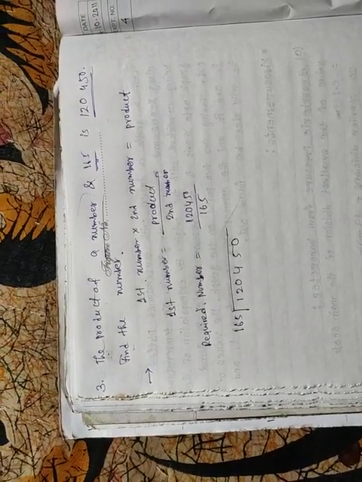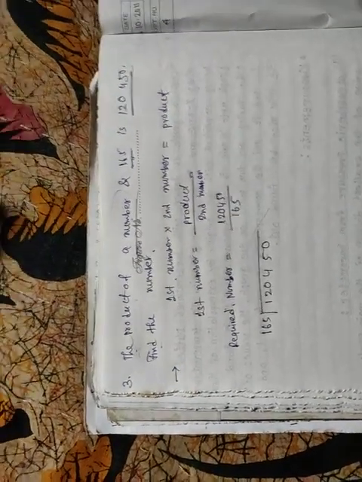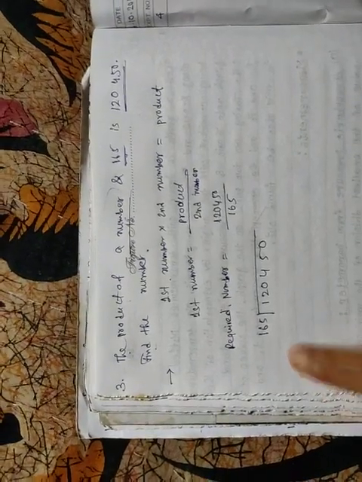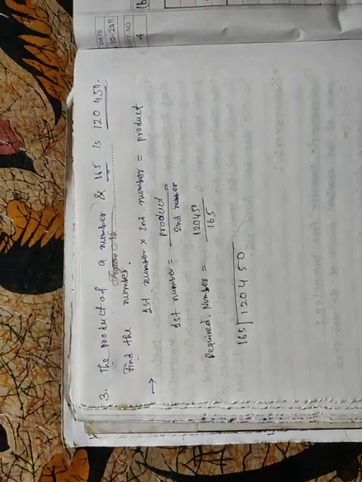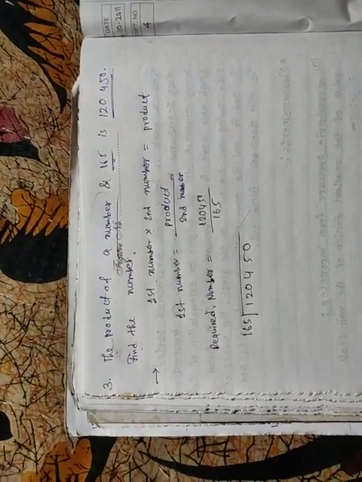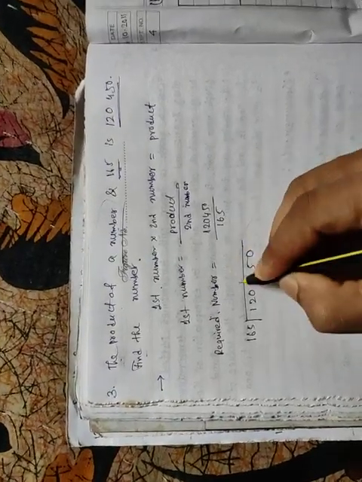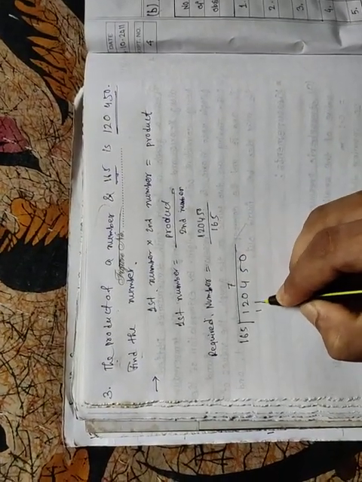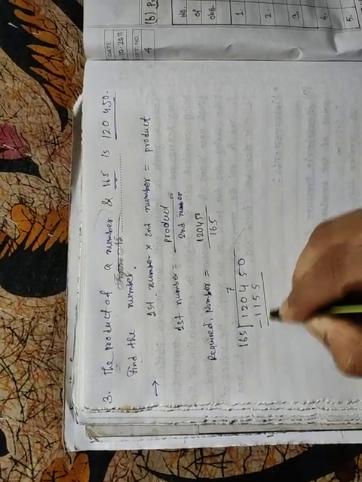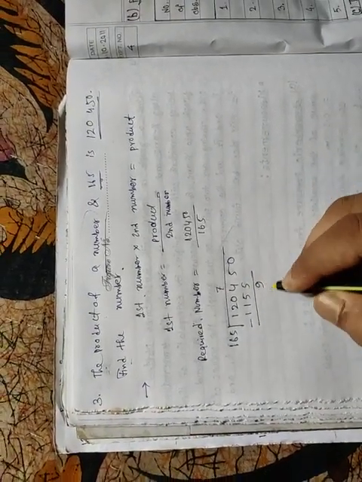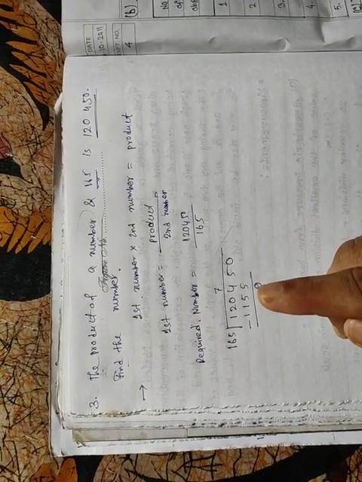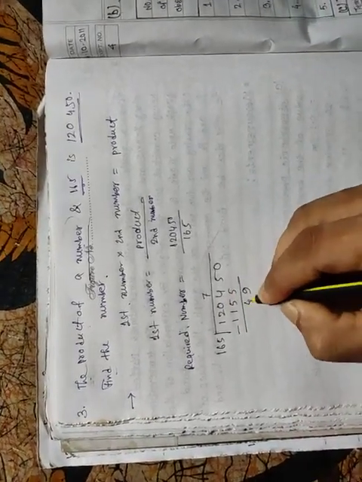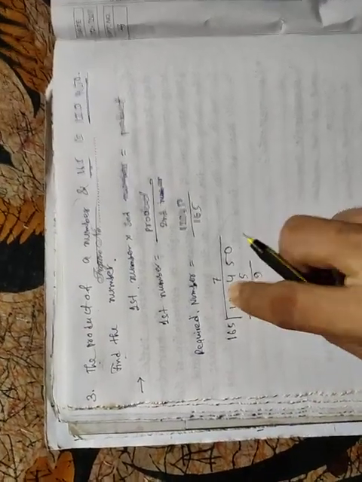Okay, so 165, that means 16 into 7. 16 into 7 is equal to 1155, minus, 5 9, 1 carry 5...